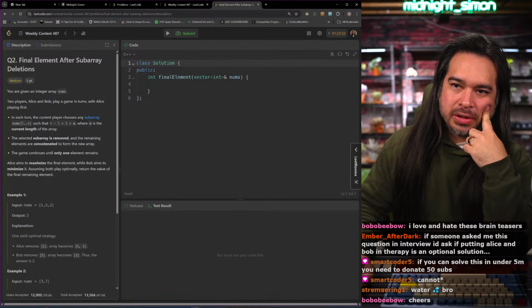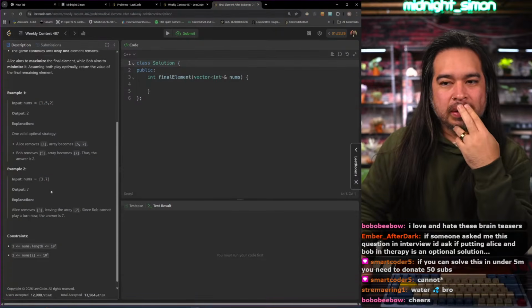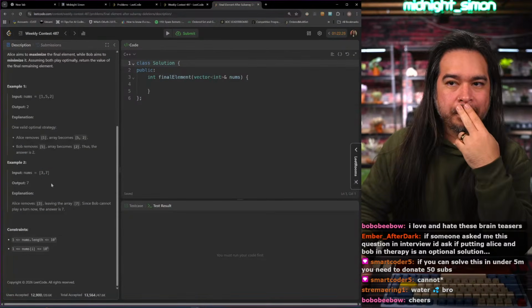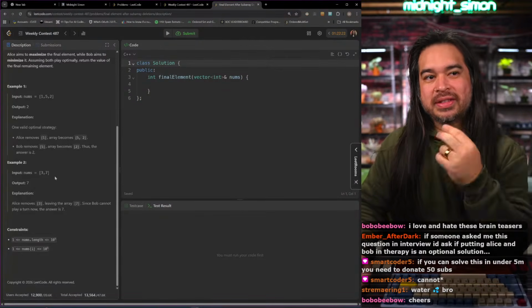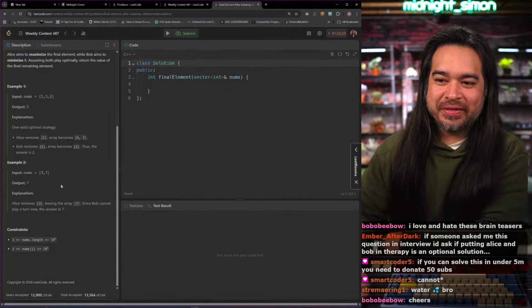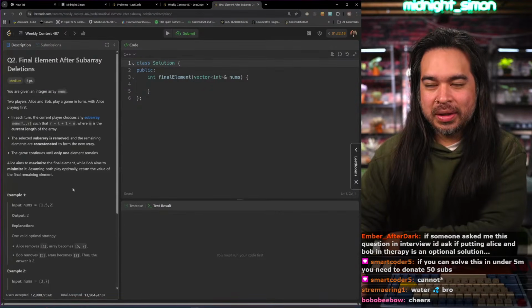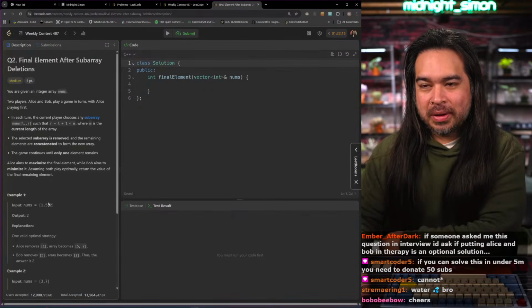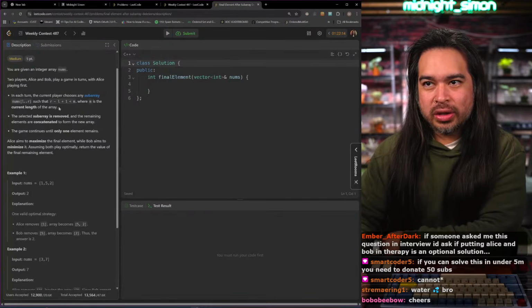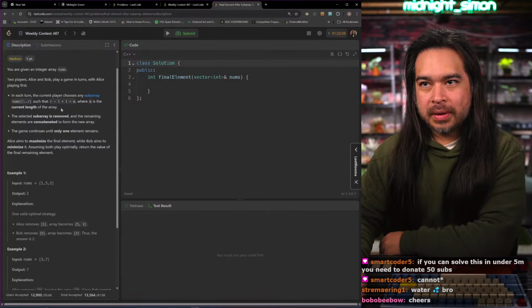And Bob's strategy would be to remove the largest element. So how are we gonna do this? Yeah, I don't think I can do this in 5 minutes, smart coder. It seems like it's a trick question though, because